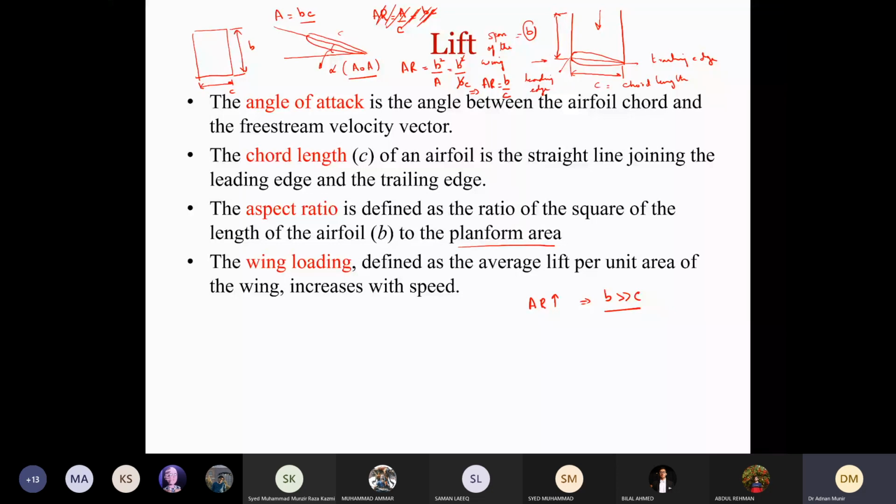The aspect ratio is defined as the ratio of the square of b to the planform area. And then we have the wing loading. Wing loading is defined as the average lift per unit area of wing,